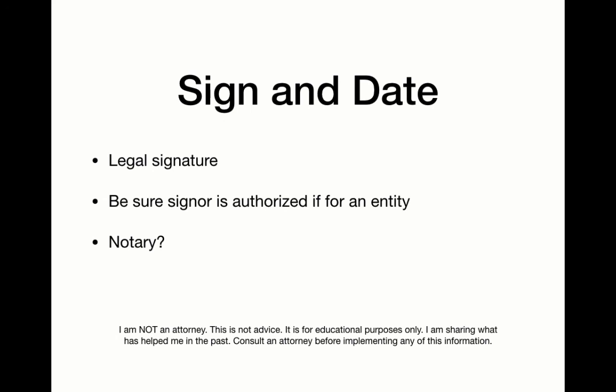You can take their word for it if you have a document, because if they sign it and they've given you a document that says they have authority and they don't, then they're in trouble, not you. But if they didn't have the authority and you never asked for authority or checked anything out, then that whole contract could be deemed null and void and you're out. And then think about whether you want to get a contract notarized or not. I don't usually notarize my work contracts unless it's a really large project or something very long term.